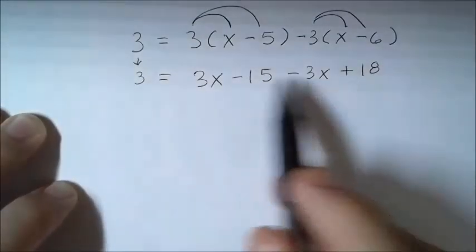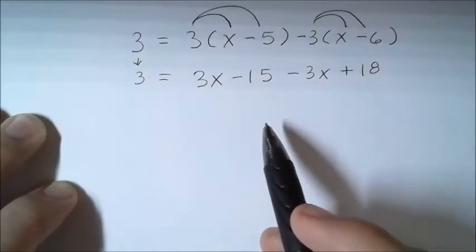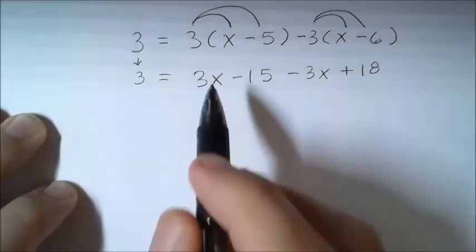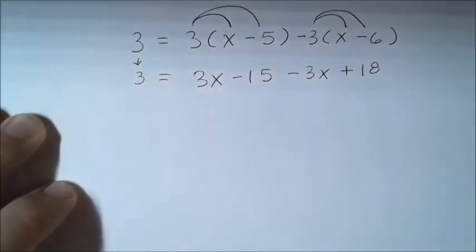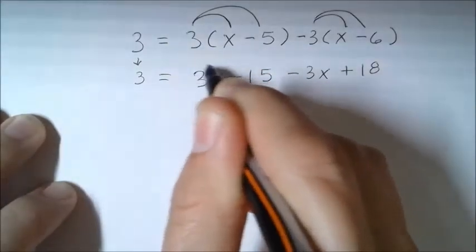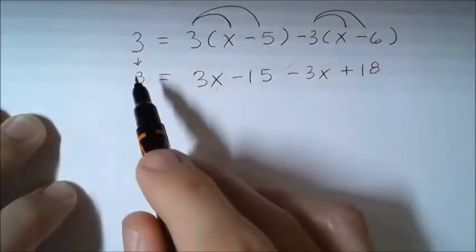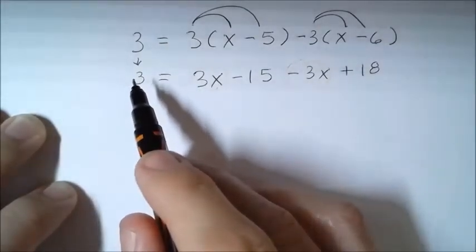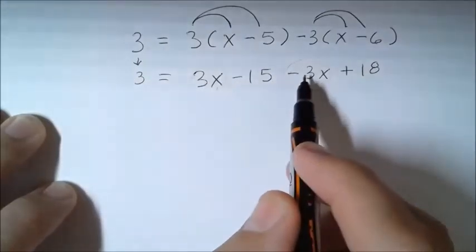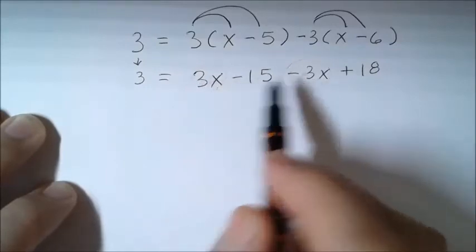And what I want to do is have the variables on one side and the numbers on the other side. But I think you should be thinking that we see something in common, much like the other equation that we had. Notice I have a positive 3x right here, and I have a negative 3x. If I were to move this 3x over here, it would be positive 3x. What that tells me is I have two slopes that are going to be the same, that will be equal to each other. And if the slopes are equal to each other, remember that's going to mean we have parallel